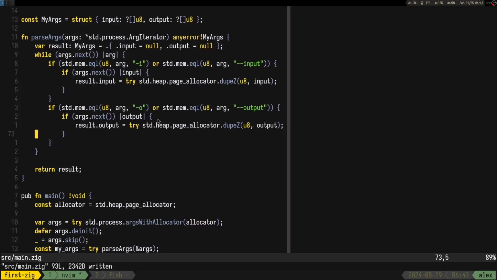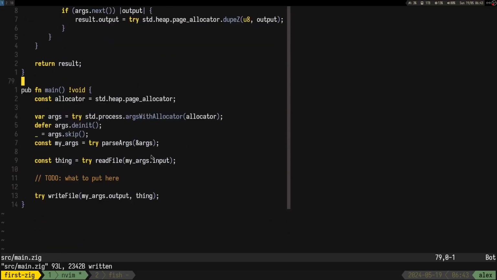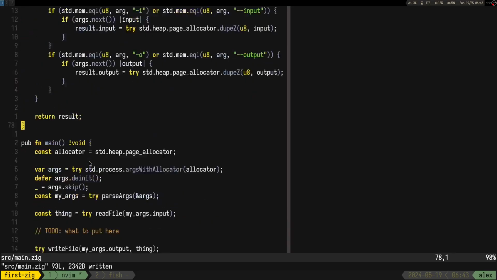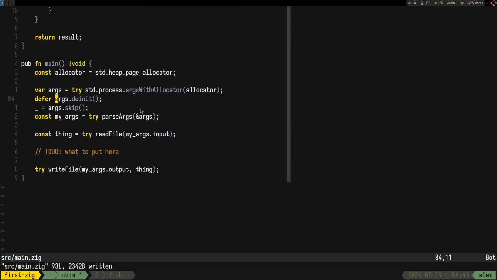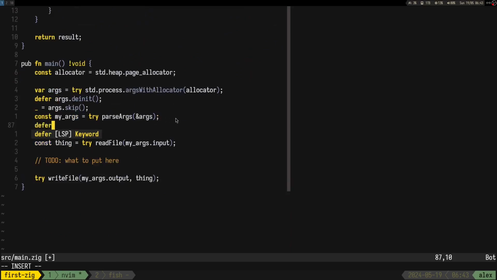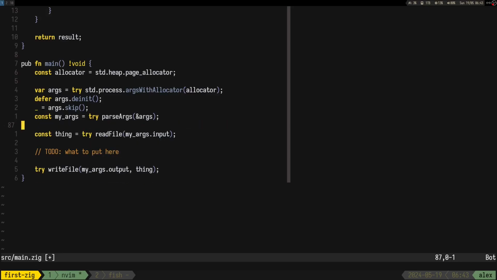Yeah, what can I say? Interesting. I don't know if I can say defer my args, they need... It doesn't seem like I can do that, so